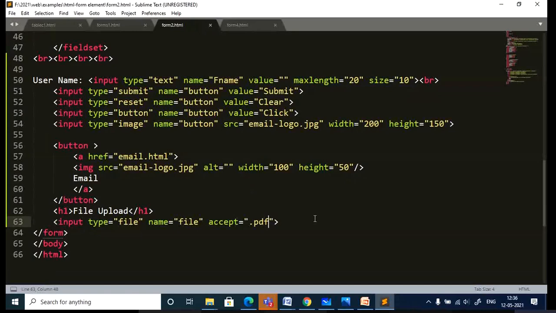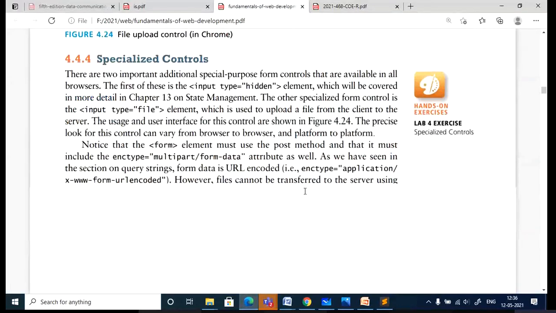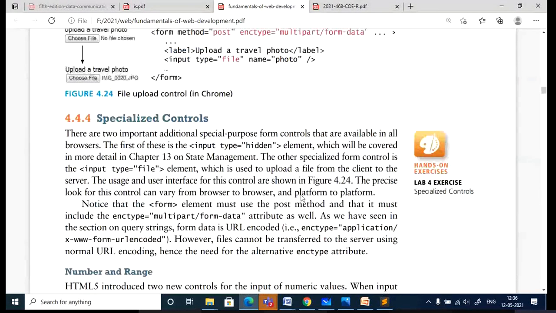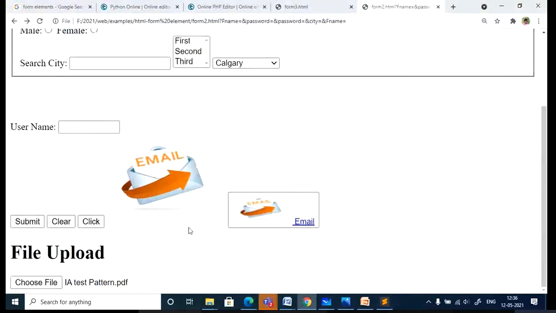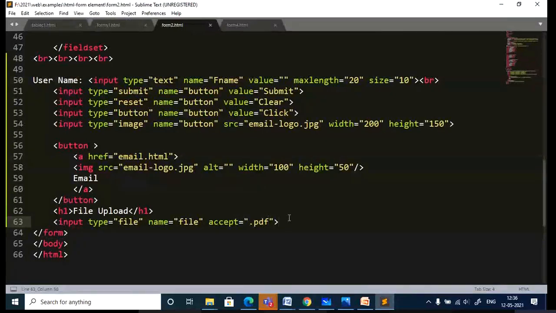So after that, you can go with 2 more options, that is specialized controls for numbers and ranges. Okay, when you want to specify numbers, when you want to rate any of the image or the photo, you can use this.